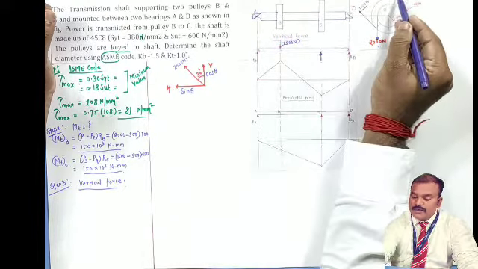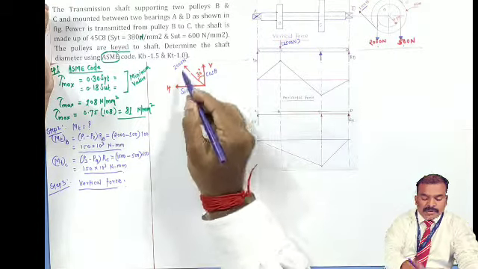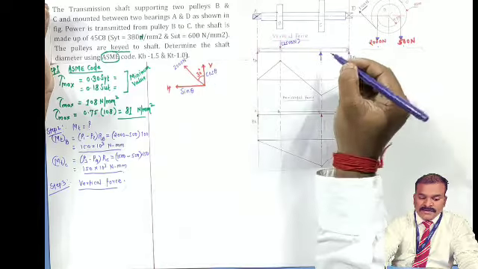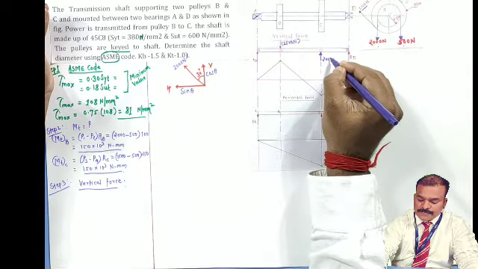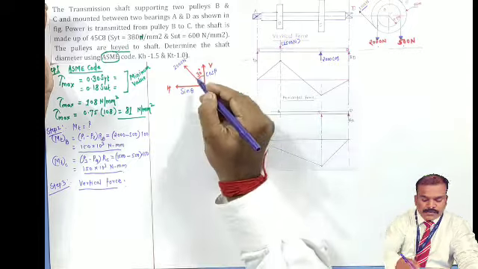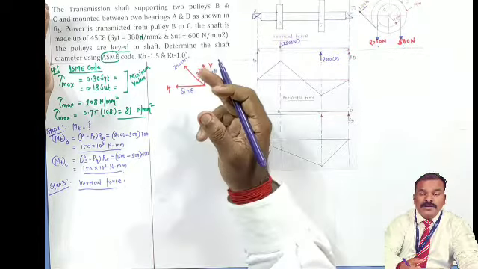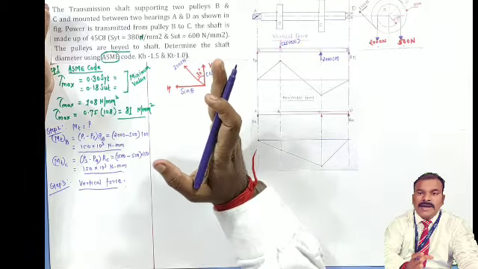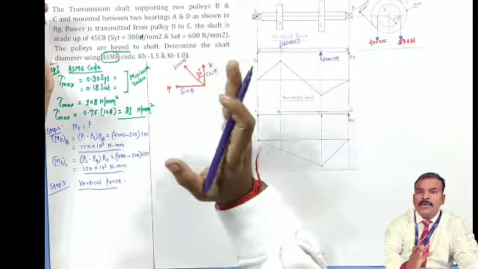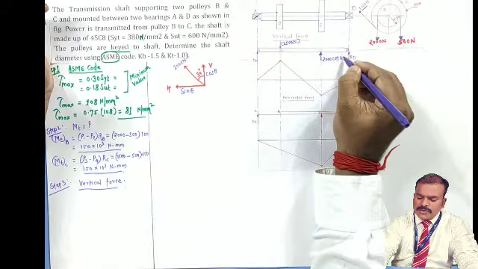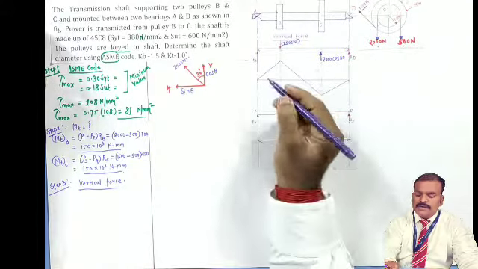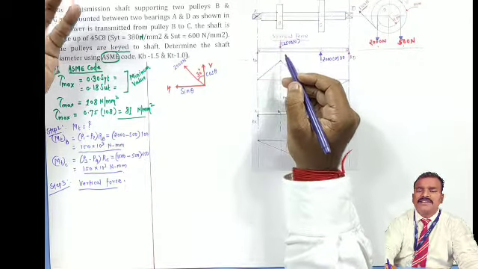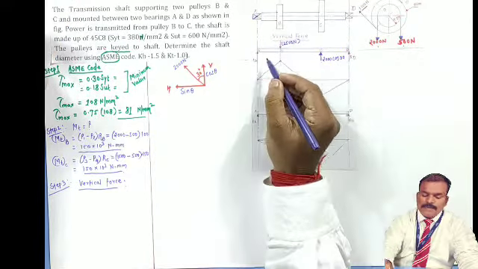So, come to C point. C is having 30 degree. So, I have written this. This is for bigger pulley. So, I can write here 2000 cos of 30, because cos is the angle which will directly get with the vertical axis with respect to belt. So, that is 30. So, cos of 30. This will be the vertical force. Now, I am going to solve this, through which I can easily calculate the bending moment. Correct? So, one by one.